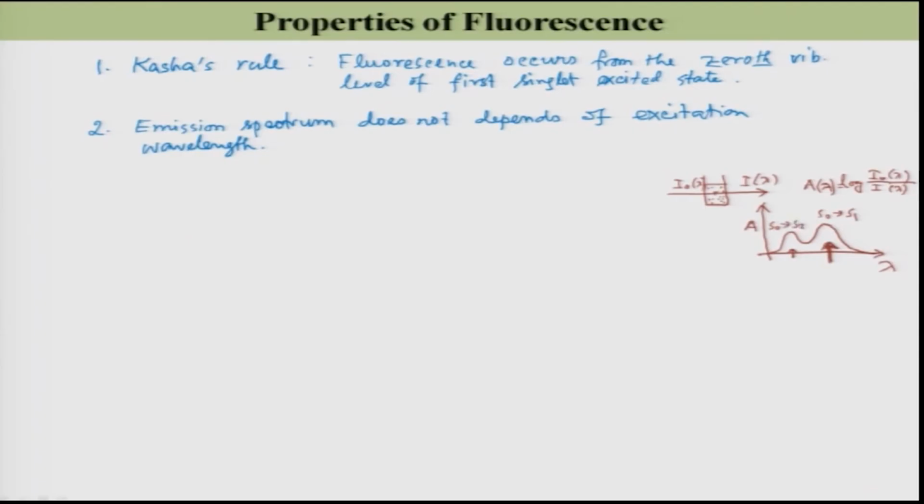S2 transition, right. So, if I now draw the molecular energy level over here, so here is my ground state, there are some vibrational levels, this is my first excited state, some vibrational levels, this is my second excited state, some vibrational levels. So, this is S0, this is S1, this is S2, right. So, you excite from here to here, so you get this one, right. Let us say that lambda 2, you excite from here to here, you get this one, lambda 1. As there are several vibrational levels associated with each electronic level,